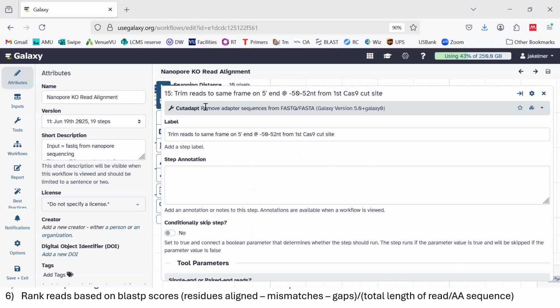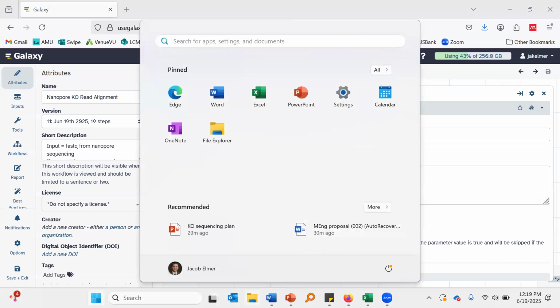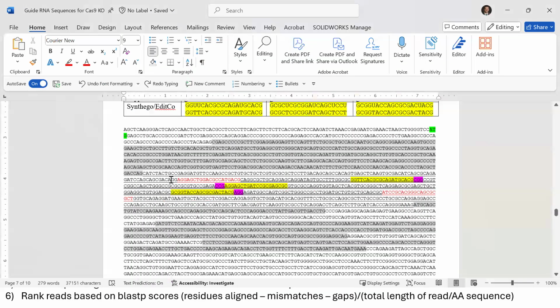But we're going to use it here to identify a specific part of our amplicon. So for example, that text highlighted in red, we can input that into the program, and it will look for